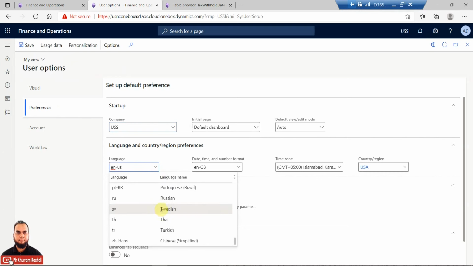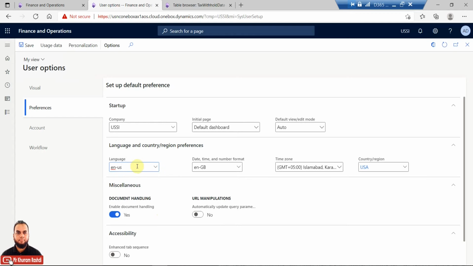So what is basically a label file? Whenever you select a different language based upon your native way of speaking, or if you prefer a certain language, you just switch it and the user interface language will be switched to that language. So how is it possible? This is possible by the label file, because the same label ID can have multiple translations in other languages.